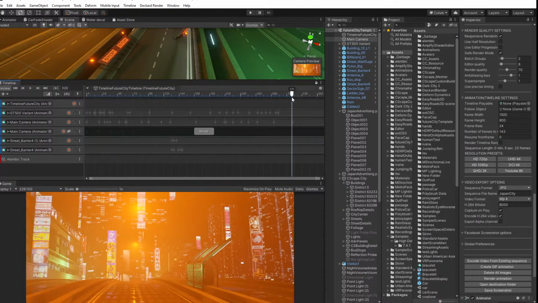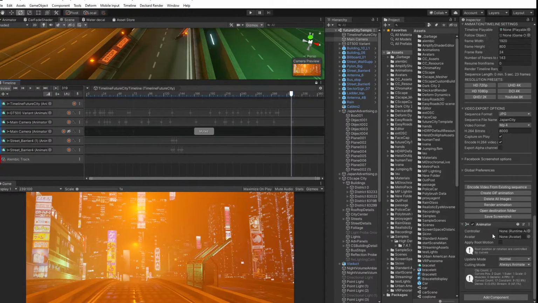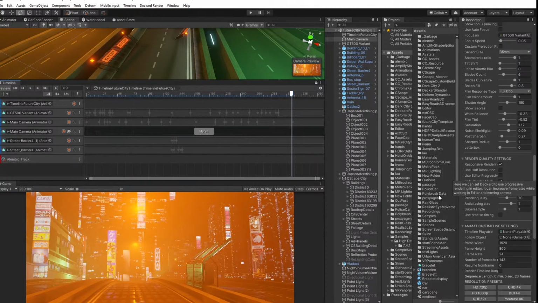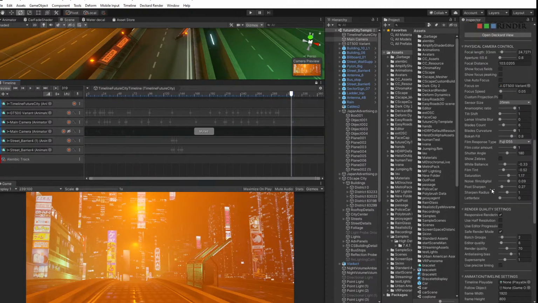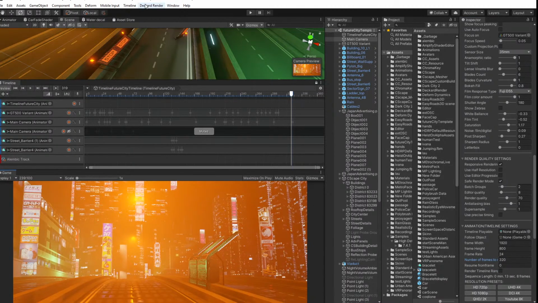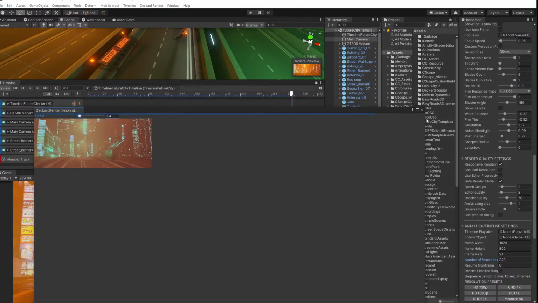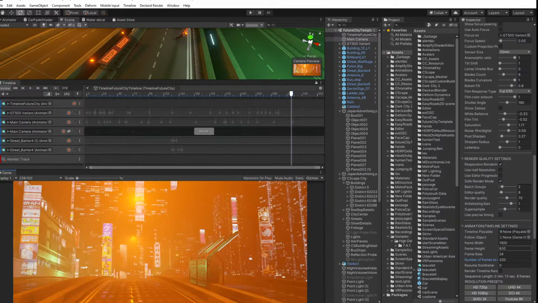Right now I will be rendering this out with Deckard render, 320 frames. Let's see, 320 frames. Okay, and Deckard view. Let's shrink it. No, and let's set it onto